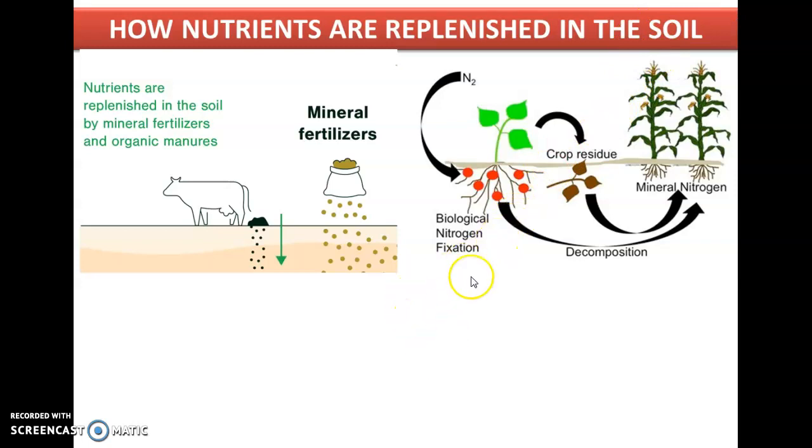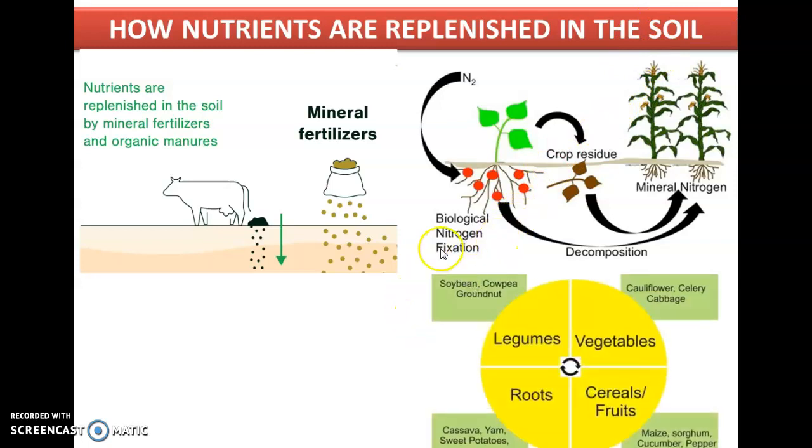Because of this reason, many farmers follow the method of crop rotation, in which they grow a cereal crop one year and a leguminous crop the next year. In this way, the nitrogen which is taken up by the cereal is returned to the soil the next year when the leguminous crop is grown. It is because the bacteria in the root nodules pick up the nitrogen present in the air.